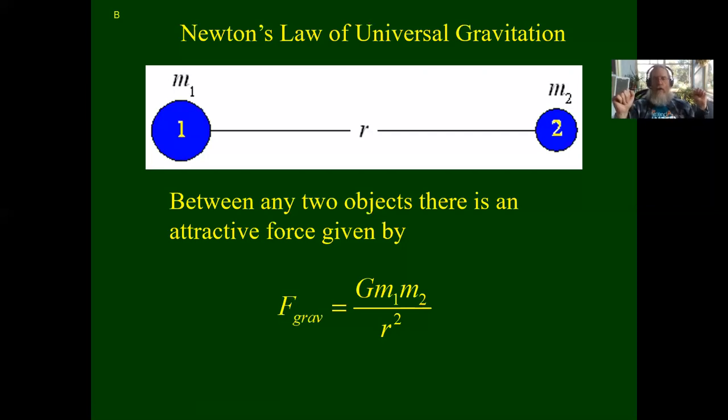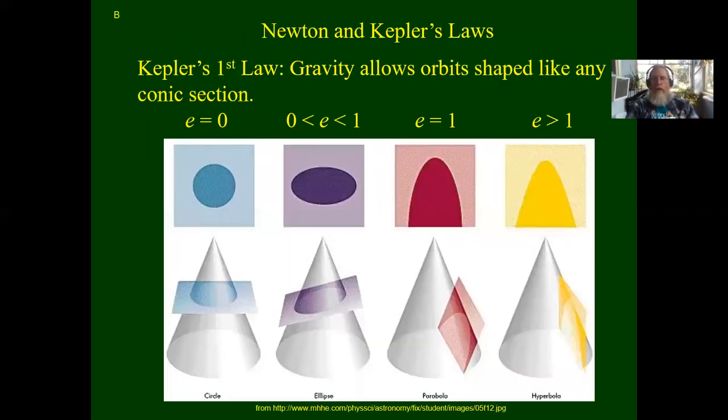Anyway, armed with his three laws of motion and the law of gravitation, describing a specific force, Newton was able to explain Kepler's laws. And so Kepler's first law, if you recall, was the one where the orbits of the planets are ellipses. Kepler showed that gravity allows orbits that are shaped like any conic section. And a conic section is what you get if you intersect a plane and a cone. The angle of intersection determines the shape. So if you look over here on the left,